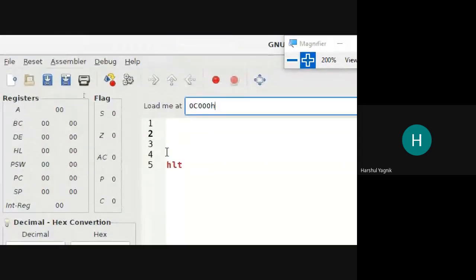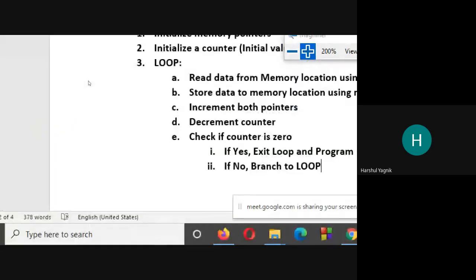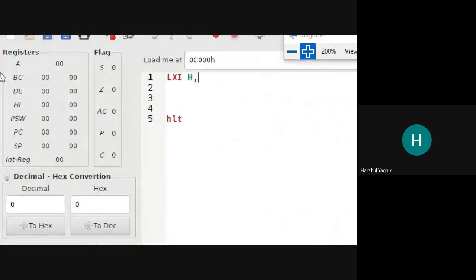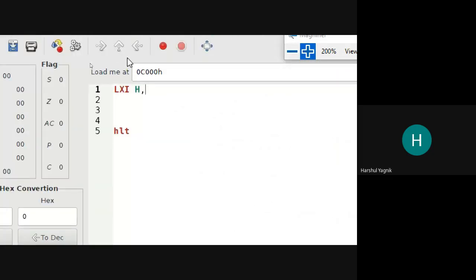So we will initialize one memory pointer to read the data. Remember, to read the data, we are going to use HL register pair. Reading has to be done from the memory location B050H.